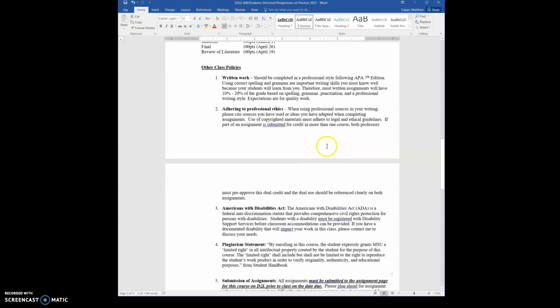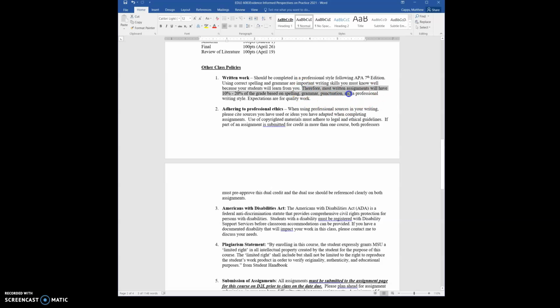It has to be in APA 7th edition. You do not have to buy an APA manual. It might be a good idea at this point because everything that you're going to write is going to be APA, but you don't have to. There is a way to do it with just looking everything up through Google. There's a lot of students I have at the master's level that never buy a book, and it works out just fine. But I will tell you this,